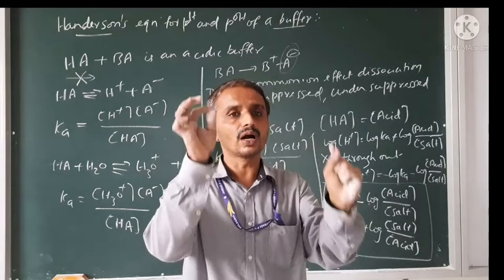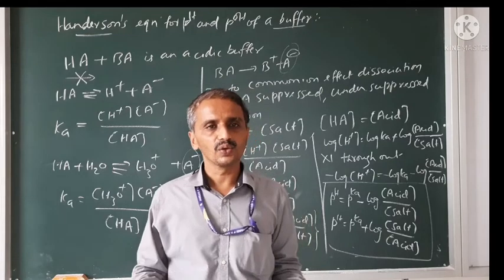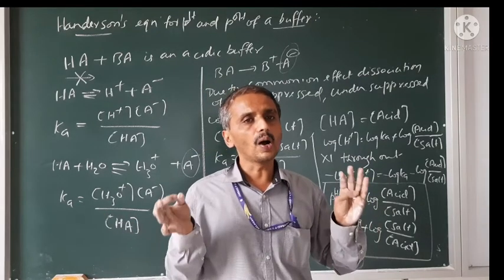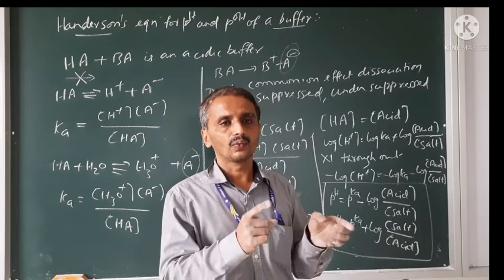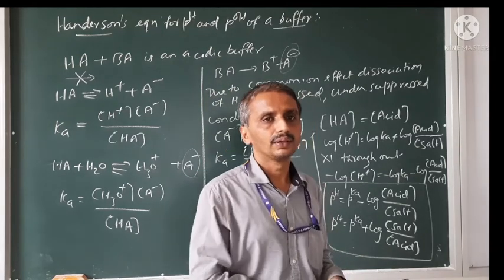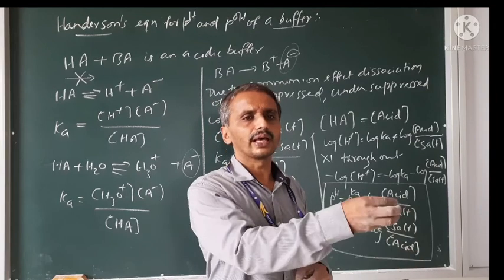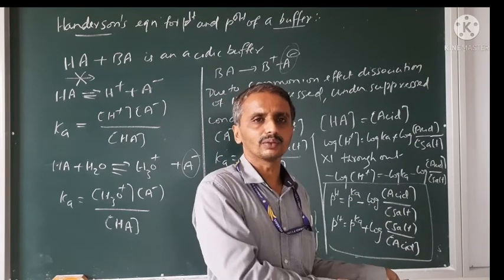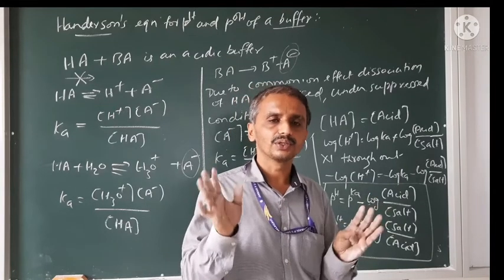No doubt, a competitive exam question can be asked on that. Among these, which will give an optimum buffer activity? 1 by 10 is 0.1, 10 by 1 is 10. So they may give some values also, like 5. It can be, because it is in the 1 by 10 to 10 range. Salt by acid ratio is in that range only.